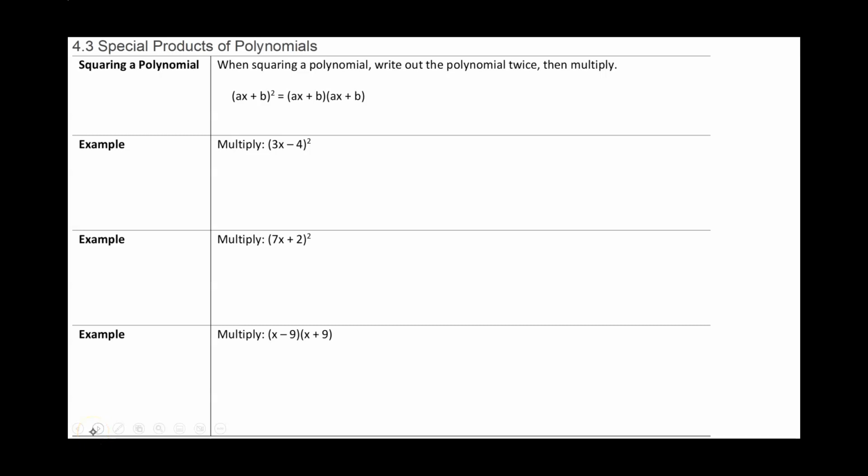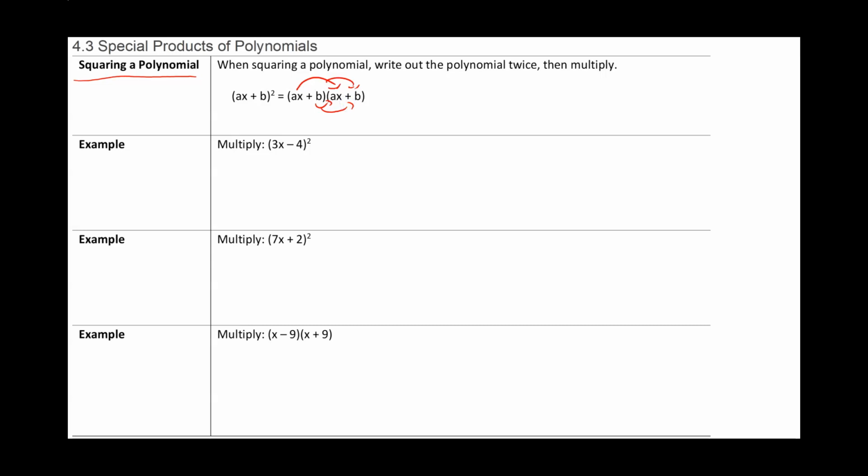In section 4.3, we will continue what we did with 4.2, except we will talk about special products. So first, let's talk about squaring a polynomial. When you square a polynomial, like ax plus b squared, then you have to make sure you write that term twice, ax plus b times ax plus b, and then you would FOIL